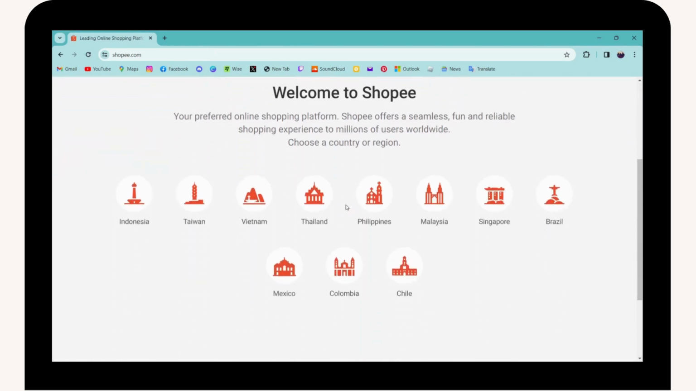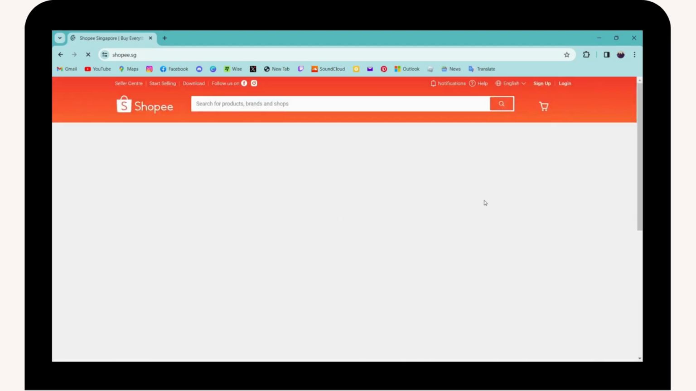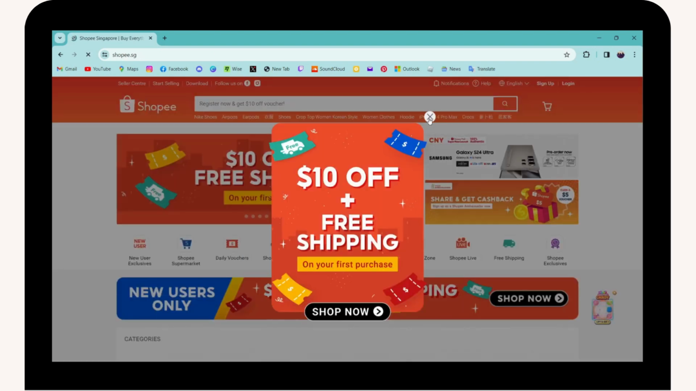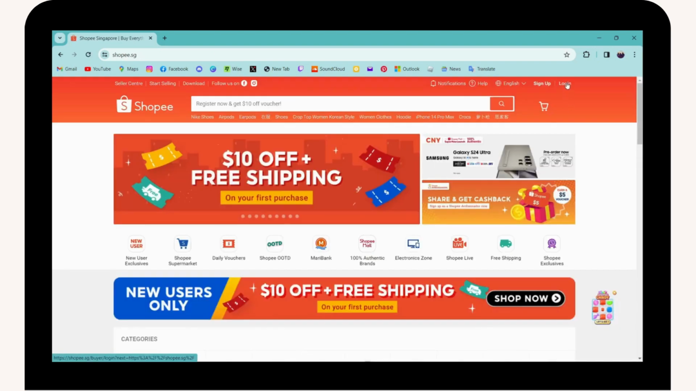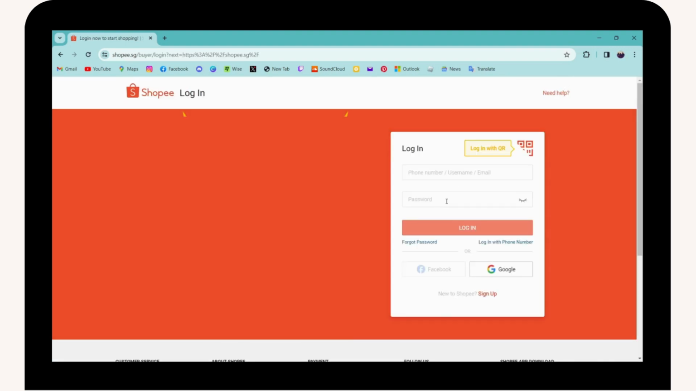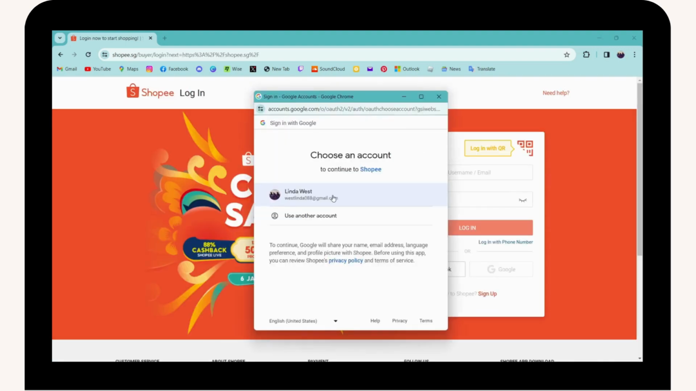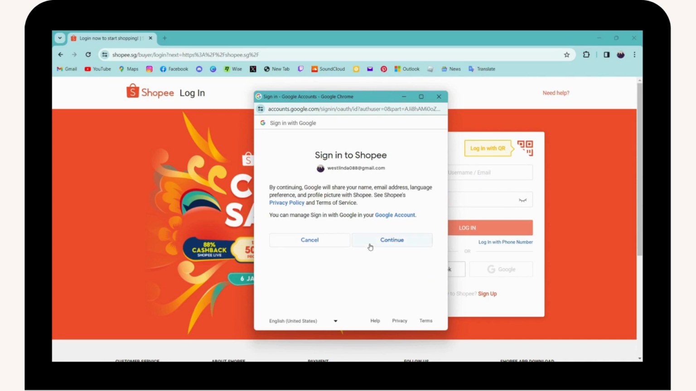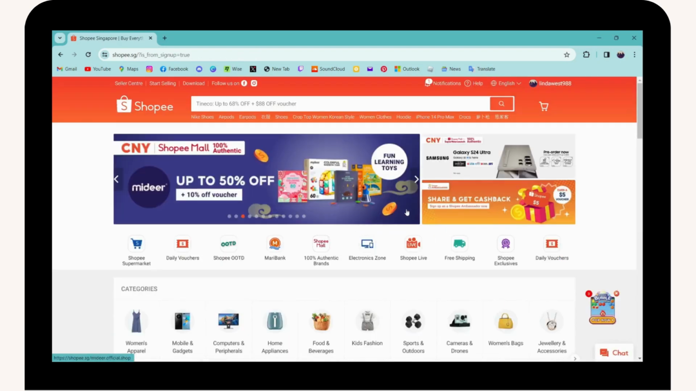So you can simply scroll down and choose your language. So I'll be choosing, and after choosing your language, now you can go for login, which is on the upper right, and make sure to log into your account. So I'll be logging in with my Google, and once you've logged in, now to log out of your account,